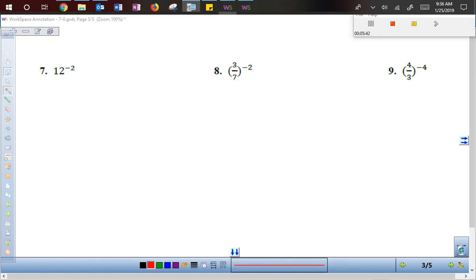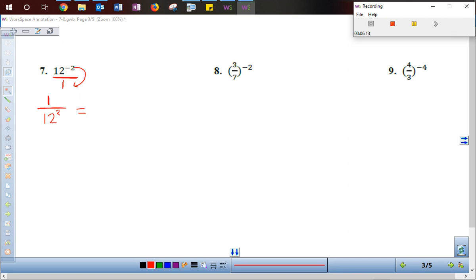So what we need to do is set this up as a fraction. This is 12 to the negative second over 1. Then we need to say, okay, since this is a negative exponent, it needs to come down here to the denominator. So 12 now is to the positive second in the denominator. Now what was left up here is just a 1. So I have 1 over 12 squared. Well, now we can definitely simplify this because I know that 12 squared, if you need to use your calculator, that's fine, but this should be one of those perfect squares that you know. 12 squared is 144. So exactly my answer should be 1 over